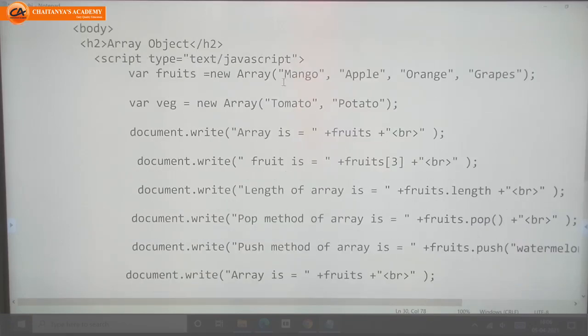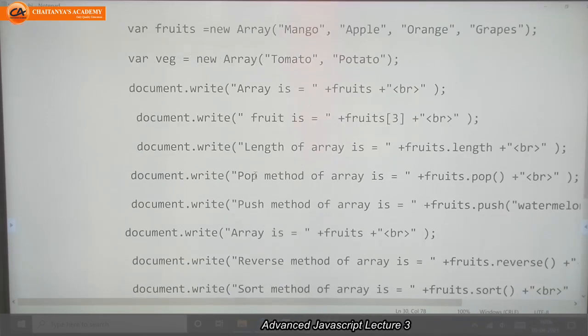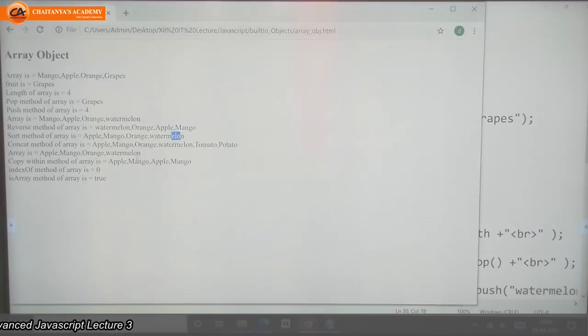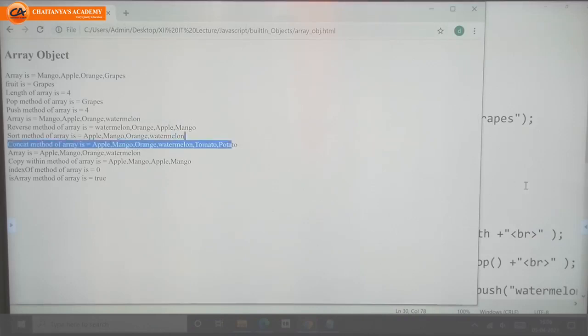The values for fruits are mango, apple, orange and watermelon. Now grapes are gone because I used the pop method. And next the values will be tomato and potato. We'll check. See here, concat method: apple, mango, orange, watermelon, then tomato and potato. So what is concat doing? It combines, it joins two arrays. For that we use the concat method.